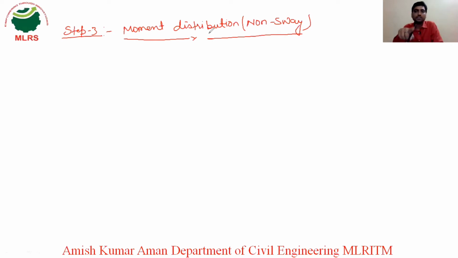Why is this a difference? Because in that problem the fixed end moments were 0 for non-sway, as there was no loading condition. That's why we did not distribute the moments there for non-sway, because all are 0. So when you distribute, it will be 0 only. So this step is additional to that previous problem. So make a table again. How will you distribute? We will write here joints, member, distribution factor, fixed end moment.